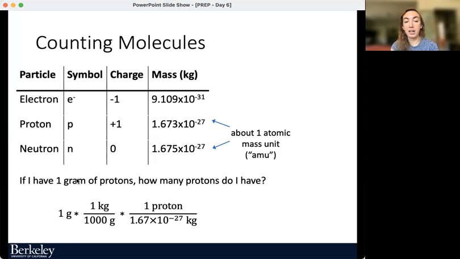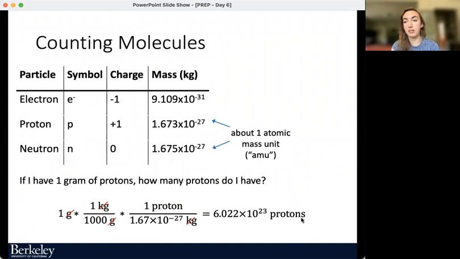So if I have 1 gram of protons, I know the mass of protons in kilograms. First I'm going to convert from grams to kilograms. So 1 kilogram equals 1,000 grams, so now those grams will cancel out. And then I know the mass of a proton in kilograms from this table. So 1 proton weighs 1.67 times 10 to the minus 27 kilograms. Those kilograms will cancel out. And if I just plug this into my calculator, 1 gram of protons has 6.022 times 10 to the